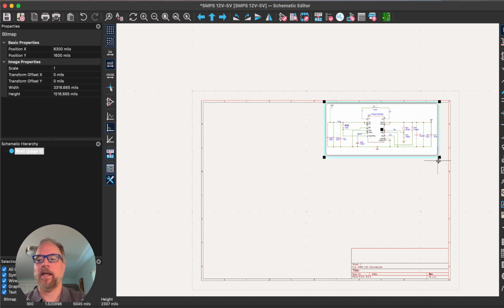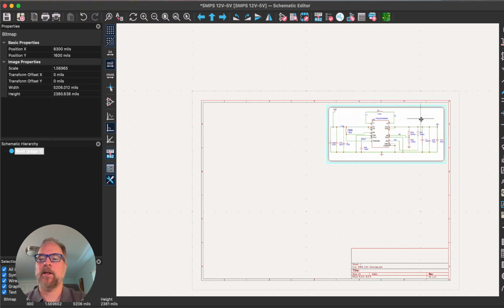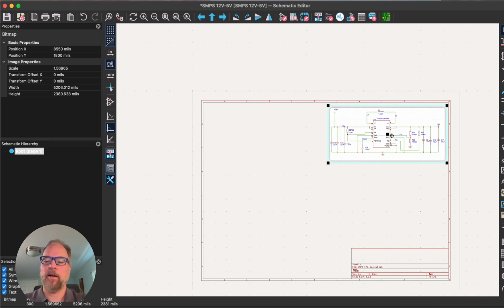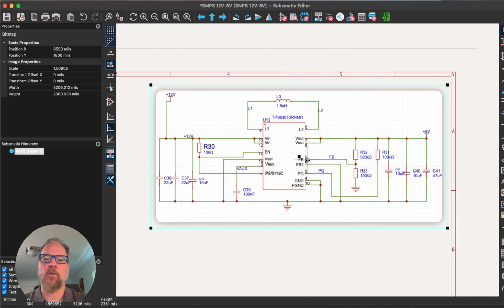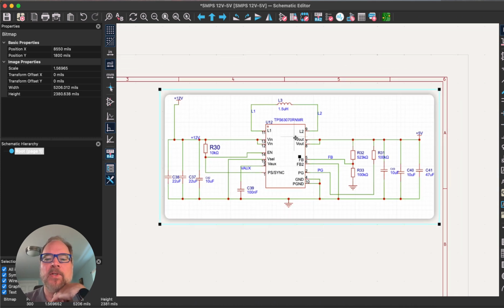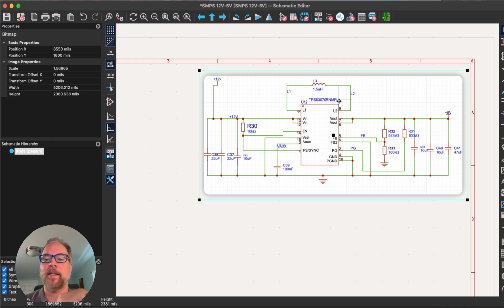I've got an existing schematic here, which I took a little screenshot of, and we're just going to zoom right in on this. So this is a TI switch mode power supply. It takes 12 volts down to 5 volts. So we're going to go find that part